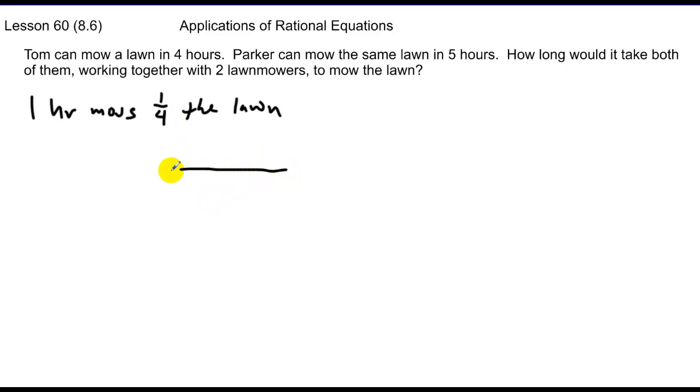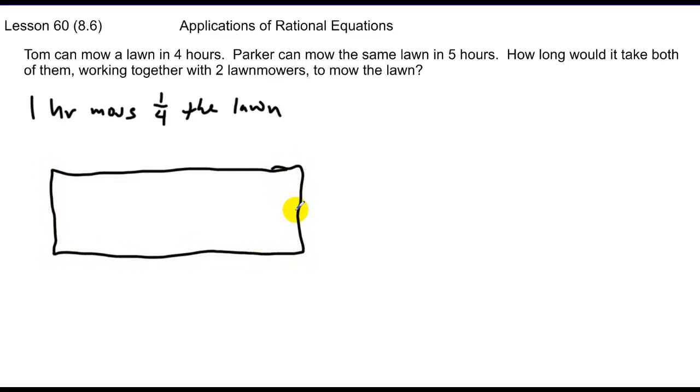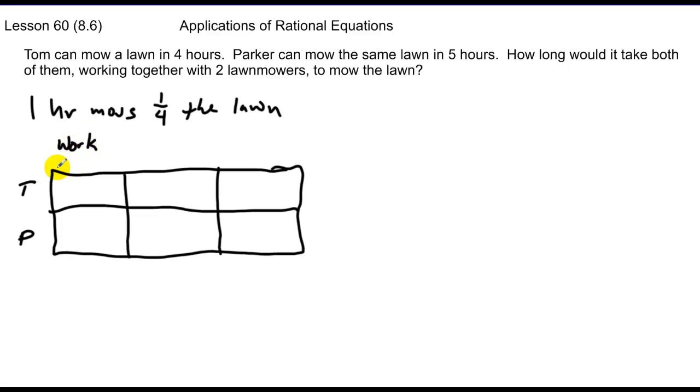So what I do in all these types of problems is I set up a chart and divide it in 3. We've got Tom in this case and Parker, and what I do is I put the work rate in my first column, and Tom's work rate is 1/4 of the job per hour, and Parker's work rate is 1/5 of the job per hour. Then I need to know the time worked,